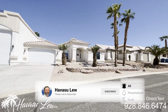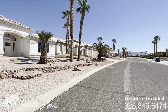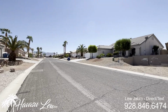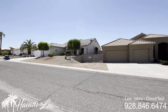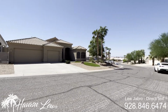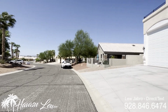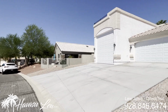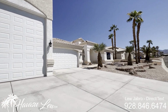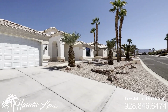Not a lot of stuff comes up in this planned unit development out here. People tend to move here and kind of stay. There is building guidelines in here. Everything has a tile roof, and he has to meet architectural guidelines when it was built. It is in an HOA. Quarterly dues are $230. So being one of the few planned unit developments in Lake Havasu, this does have underground